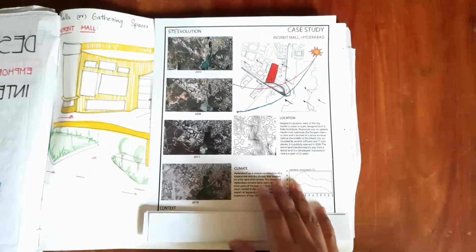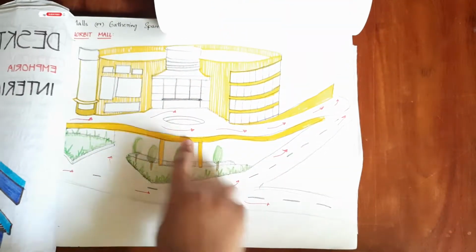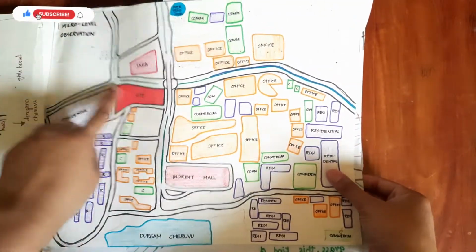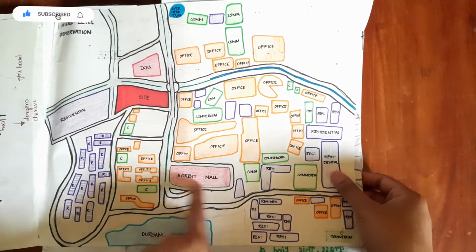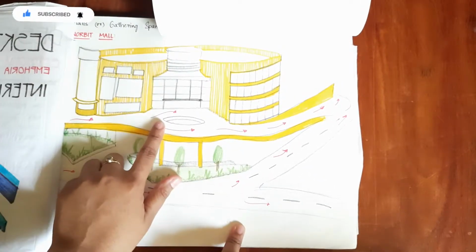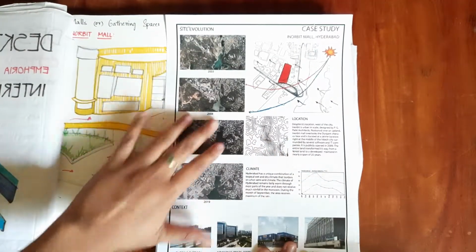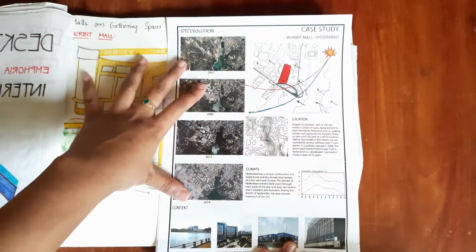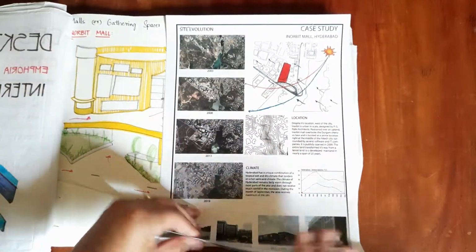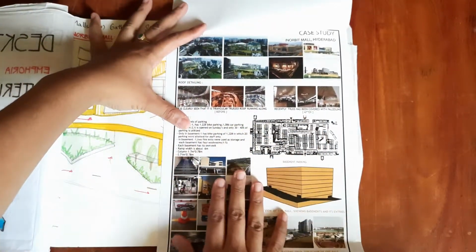So I worked on another mall which is very nearby. The site has another mall which is just 7 kilometers away, and it is also a very old mall. It is an Inorbit mall, just 7 kilometers from this site. Over here it is a very straight road which is easily accessible. Inorbit mall is generally a hub for mostly office people, employees who visit Inorbit mall especially for food in the afternoon. So the rush of this mall is very huge in the afternoon, and these are some case study sheets which I've done.